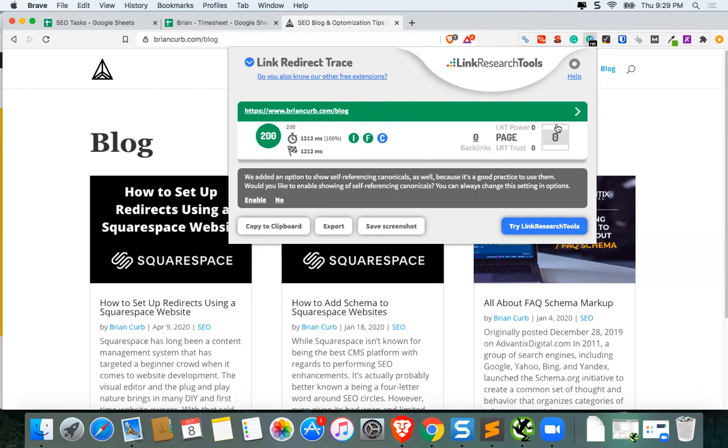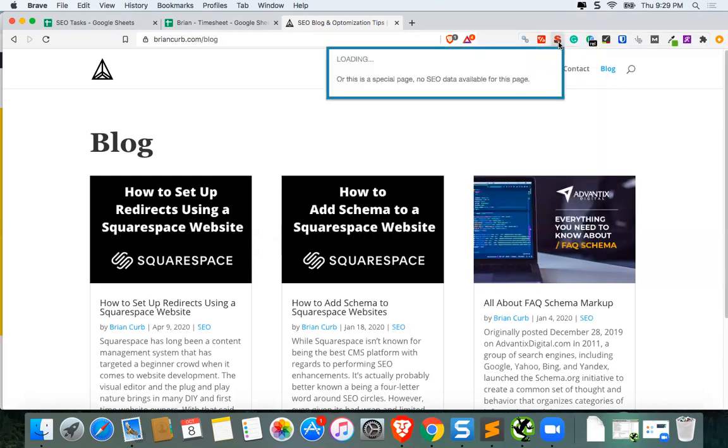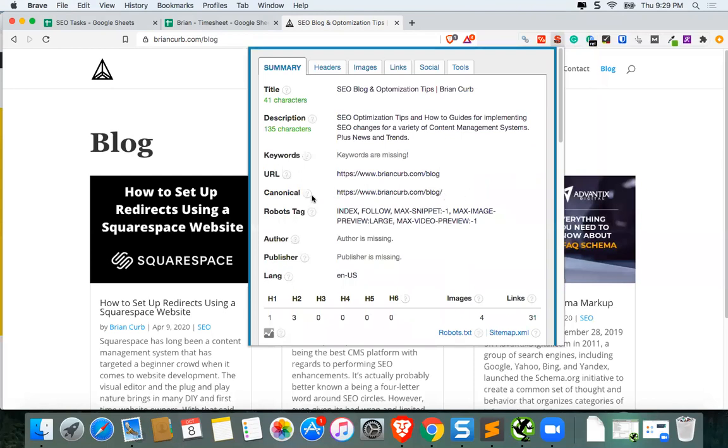It's not being redirected. And if I go over here and I look at the canonical tag, I can see that it is canonicalizing to the trailing slash. And this is true across the entire website. The trailing slash with the secured version and www is the preferred format of the website. So I want to go through and I'm going to want to edit the HT access file to update that rule so we don't have